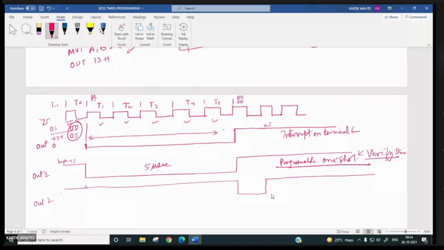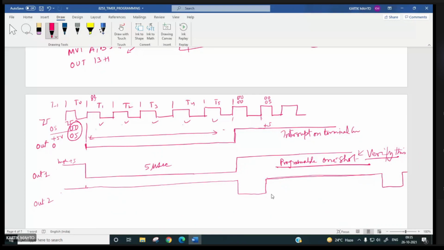So here the count will be reloaded. The count will be reloaded during this portion. Again here the count will be reloaded 0005, and then again it will start decrementing. Then after 5 clock pulses, again a negative pulse for 1 clock pulse will be generated.